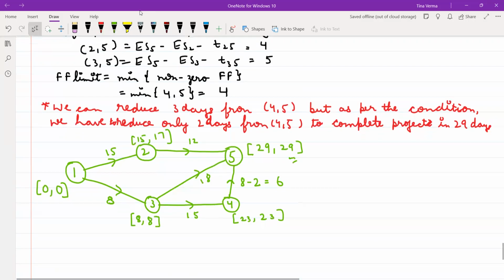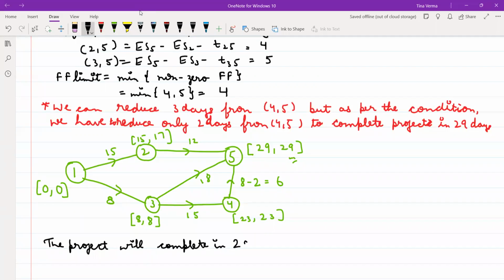So now you can notice here that the project will complete in 29 days, and the cost is the previous cost, normal cost,